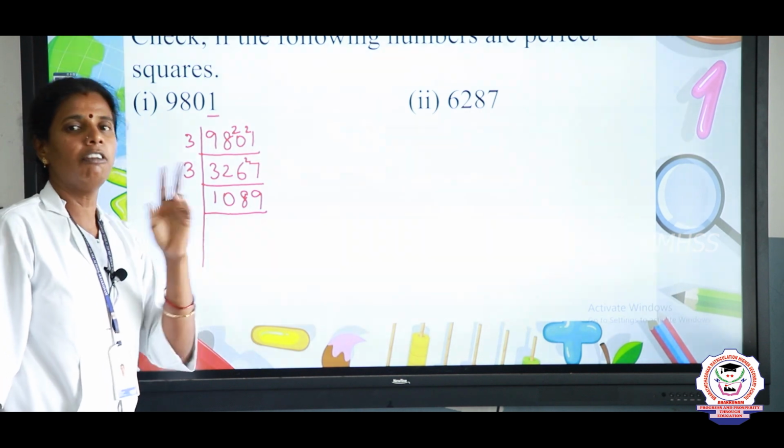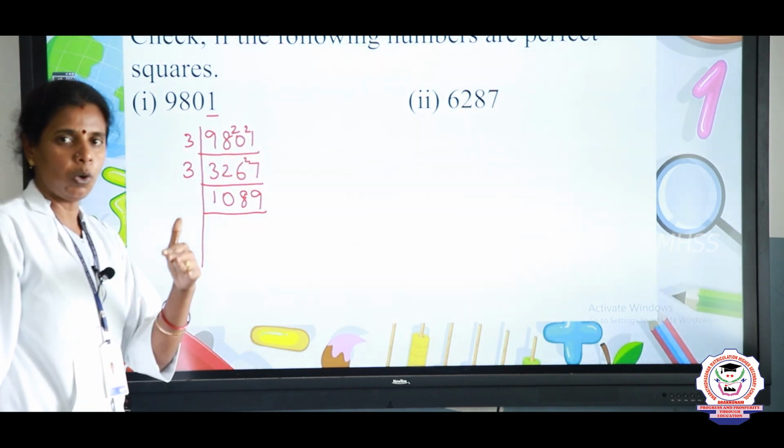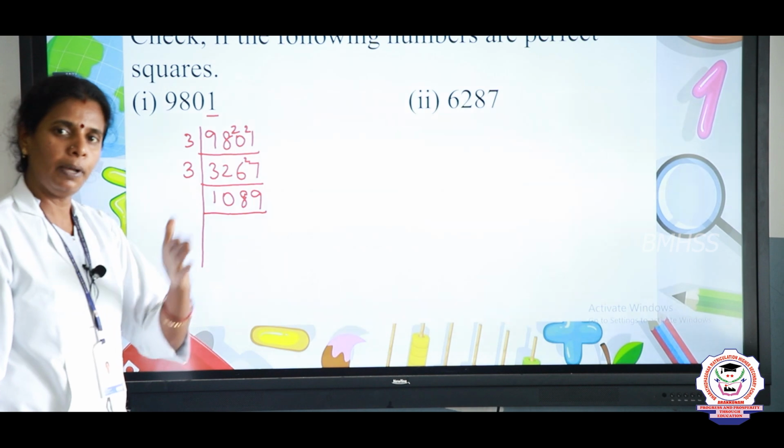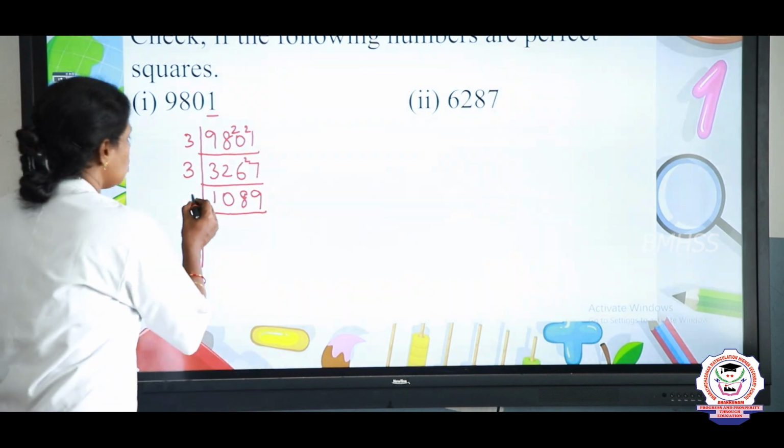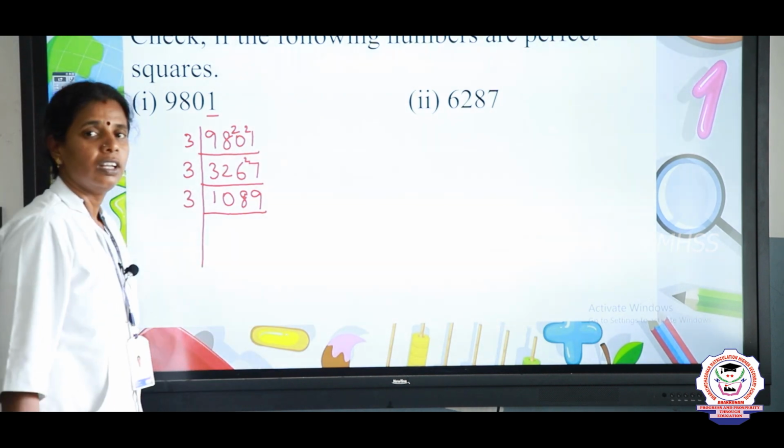Yes, again we are going to take the 3 table here because the number is an odd number. If it is an even number, it will be divisible by 2. Or else we check with 3 and then 5, going on with the prime numbers. So we will try with 3 now. First we will take